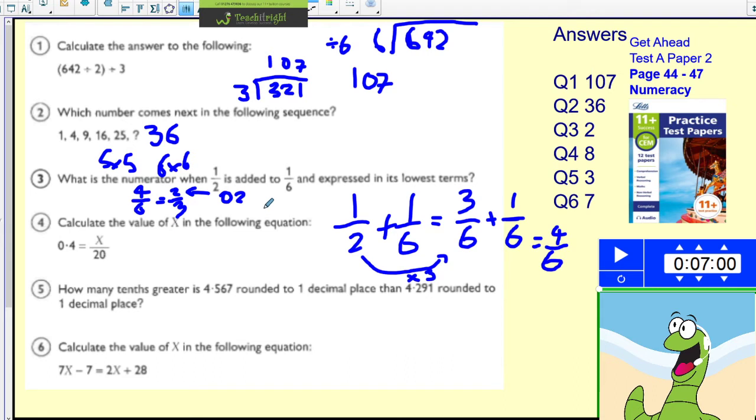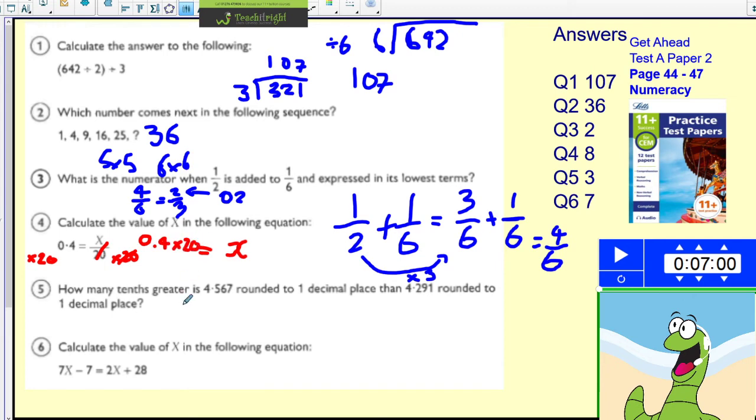Calculate the value of x in the following equation. Okay, well, this is quite easy. We just want to get x on its own, so we need to do the opposite of dividing by 20. So we're going to times both sides by 20. That'll obviously have the effect of cancelling out. So now we'll have x equals 0.4